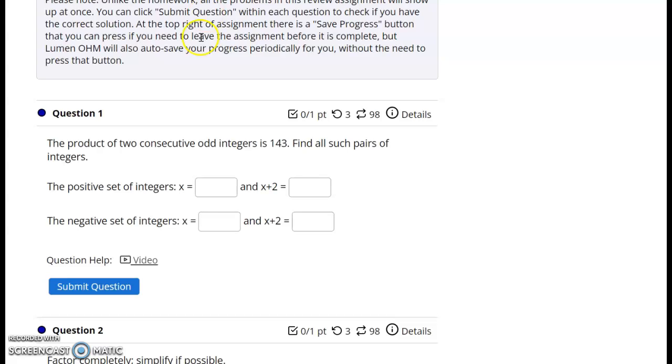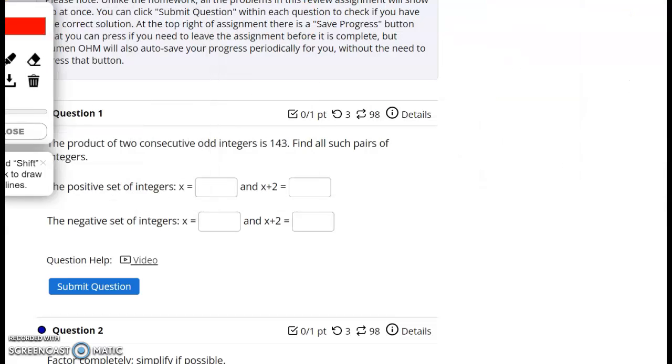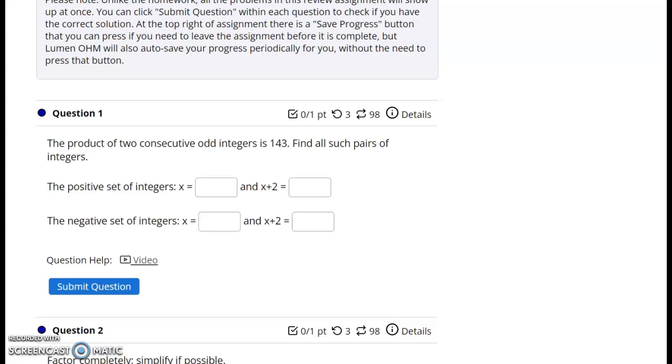So we've got the product of two consecutive odd integers is 143. Find all such pairs. Now we have to remember what product means. Product is going to mean multiply. And if you remember back from a couple chapters ago, two consecutive odd integers we would represent like this. The first one is x. To get to the next odd integer in a row, we just add 2. So the next one would just be x plus